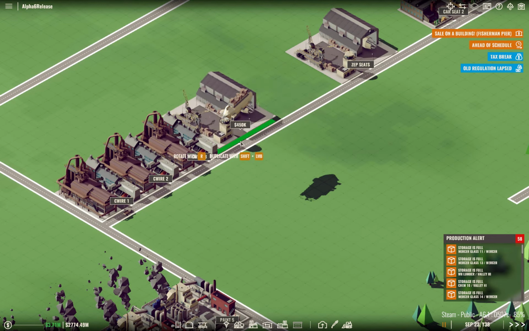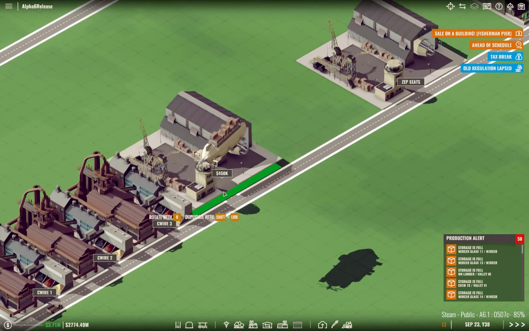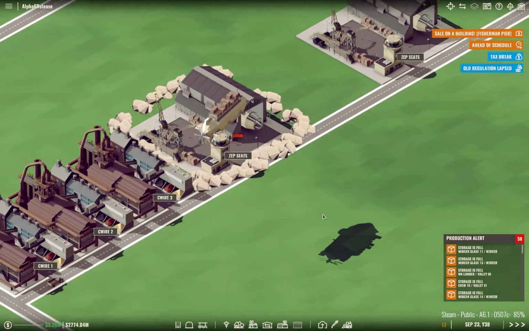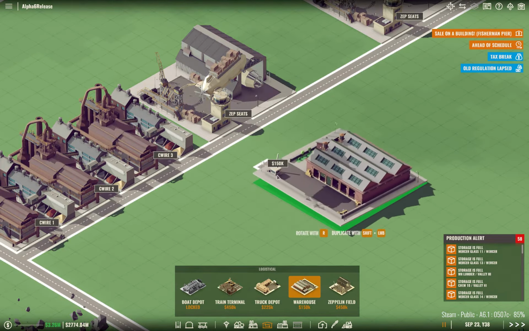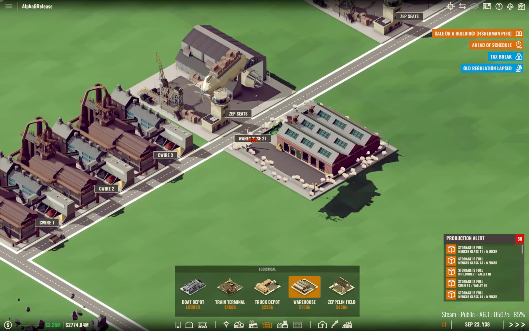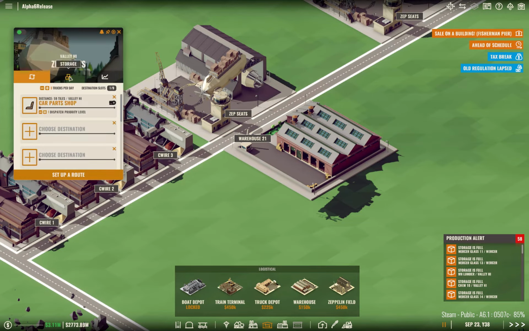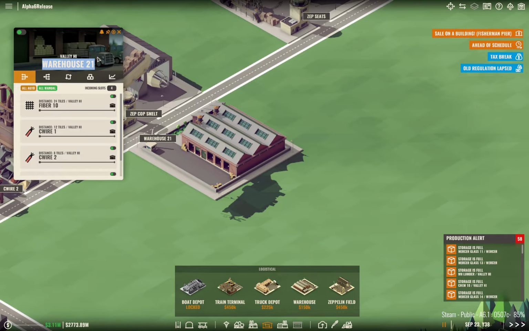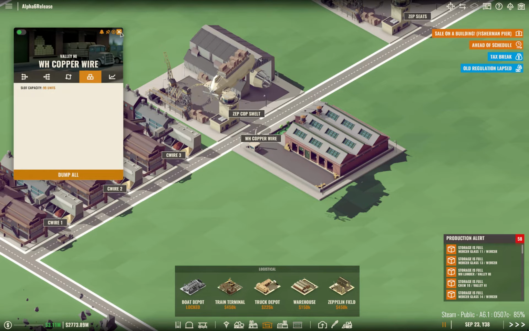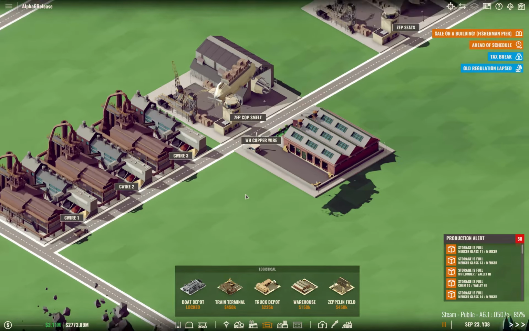So we're gonna have a Zeppelin field. Let's space this out 1, just in case. I want a warehouse. Like right in here. So this is gonna be Zep-Cop smelting. Zep-Cop smelt. This is going to be warehouse copper wire. The warehouse is gated per slot, so it's a little bit freer. So I want